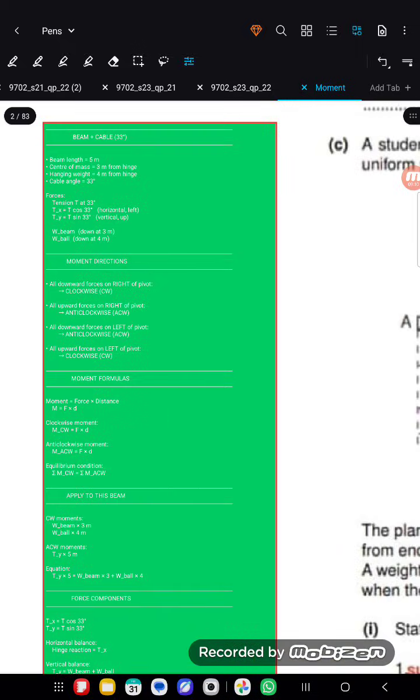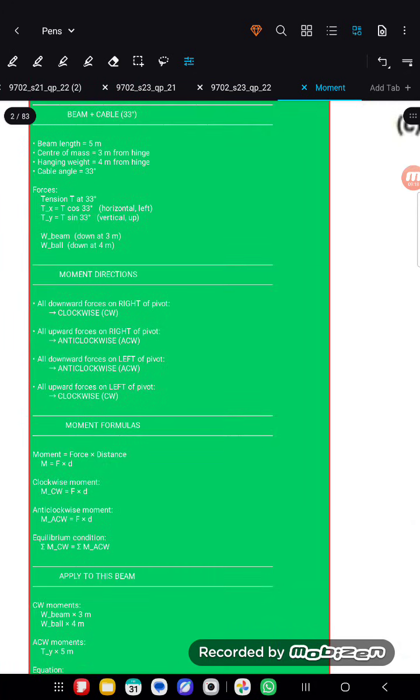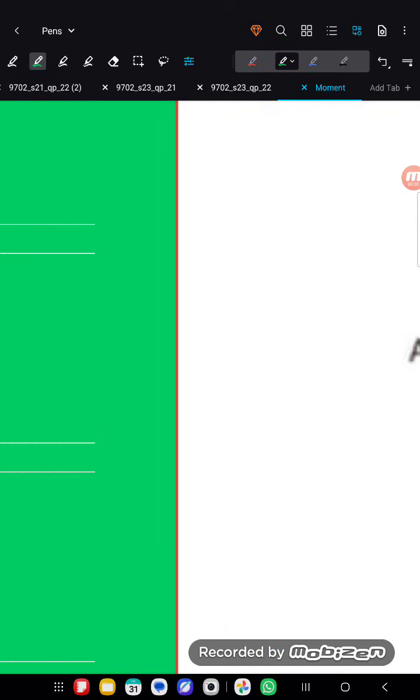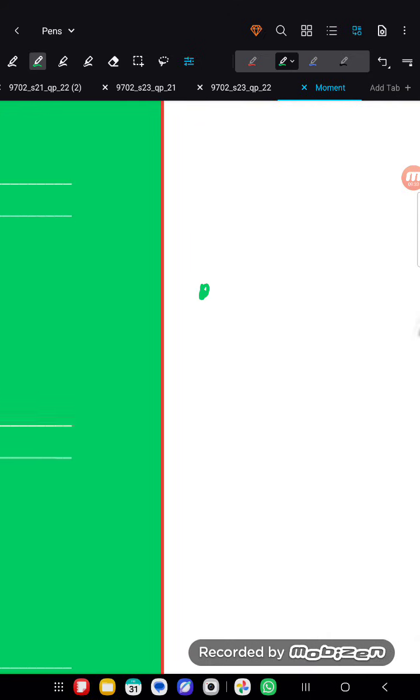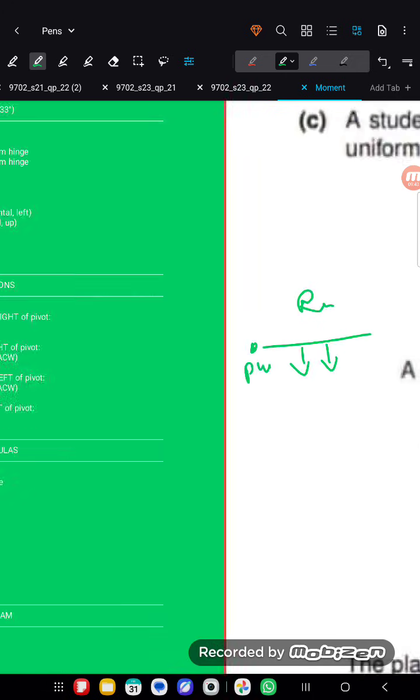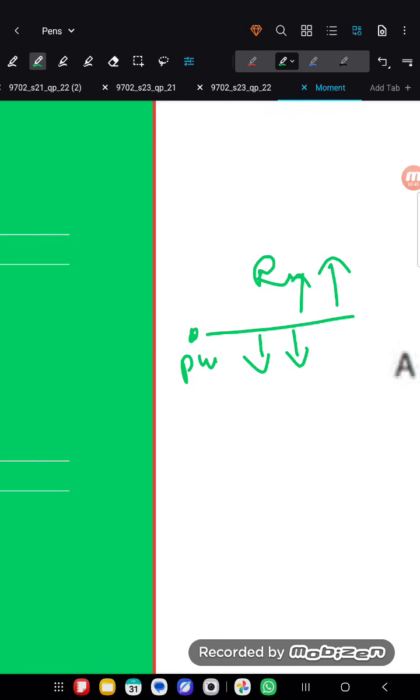See this one here. Moment is force into distance, clockwise force, anti-clockwise, whatever. See here, all downward force on the right of the pivot will be clockwise. All upward force on the right of the pivot will be anti-clockwise. If the pivot is here, then this is the pivot, and this is the table. This is the right side. So all the force whatever acting, it will be clockwise, and upward if it is acting, it will be